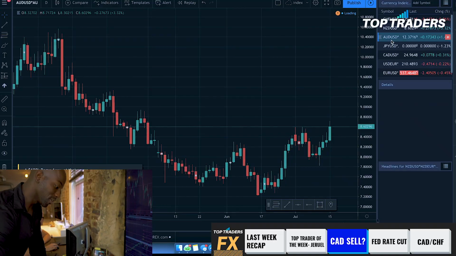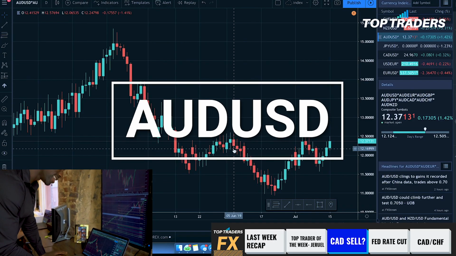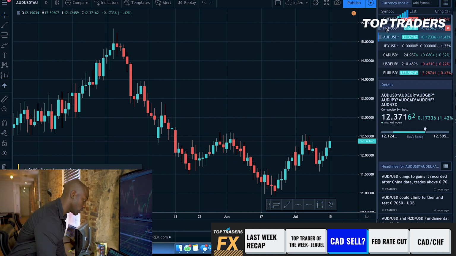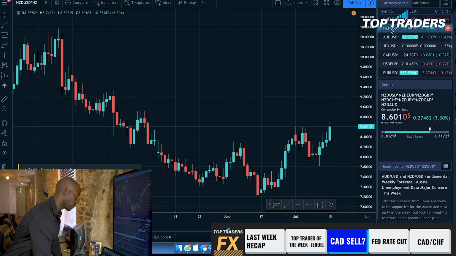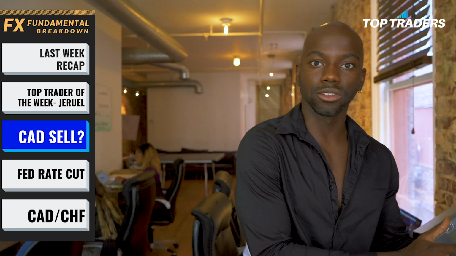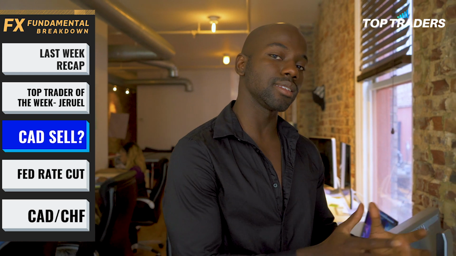How do we know that that's the case? Well, we also saw an up move here on the Aussie dollar, slight, but you can see 1, 2, 3, 4 days of up move here on the Aussie. 1, 2, 3, 4 days of up move there on the NZD. So usually when those two pairs are correlated like that, you know it wasn't NZD economic news, right? Because if it was isolated to that NZD currency, then you wouldn't see it affect the Aussie. But we did. So we know that had to do with something happening globally, right?